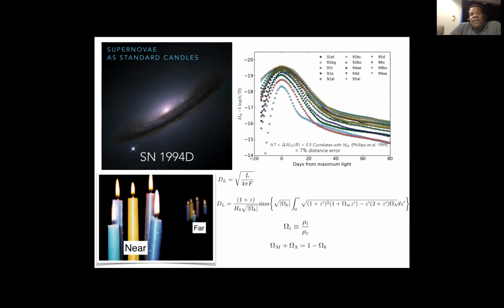You can see in this diagram on the right what we call light curves, or how the light evolves from before it explodes all the way through to its maximum light, and then as it decays over the next 80 days or so. What we've noticed about these light curves is they all look very, very similar.